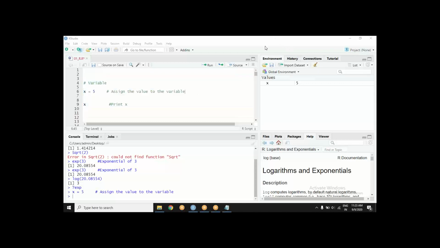When I have assigned a value to variable X, now it is available in the environment that there is a variable. It is trying to again interact with me. There is a variable X in your environment. It contains a value 5. Now this is the data which is available for me to do something next.